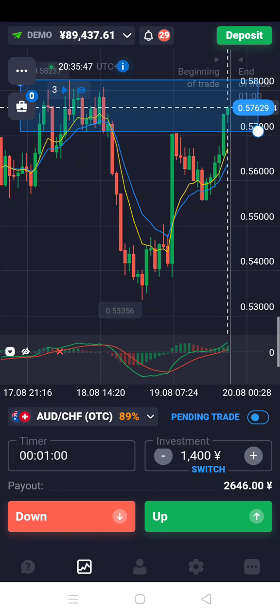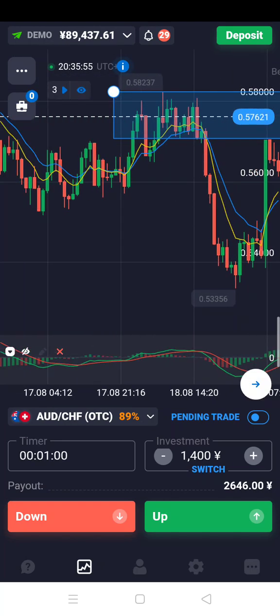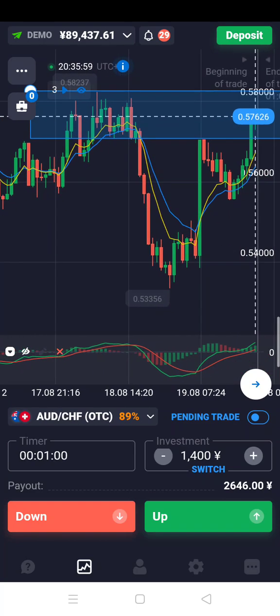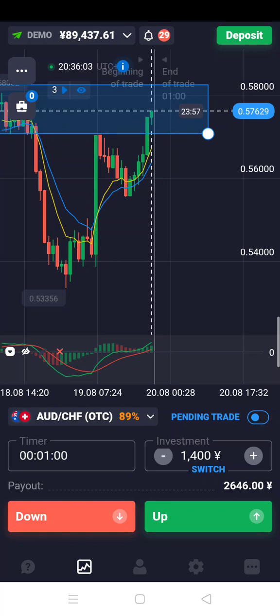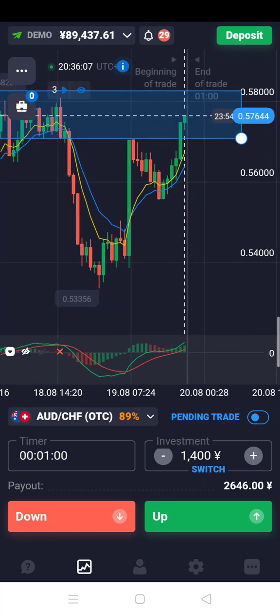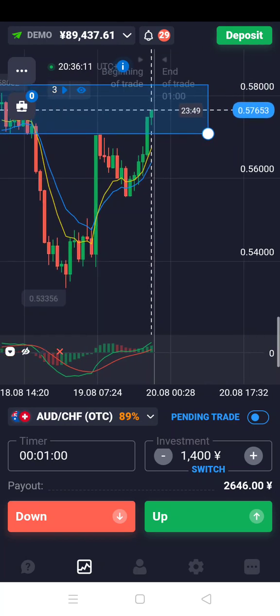So you can see this consolidation, right? I just put them at the highs of the consolidation and the maximum lows of this price consolidation. And I like to use consolidations. Here, now you see price is at the consolidation level, right? Once you have this, price came down and went back up. So now we're inside this rectangle tool, and